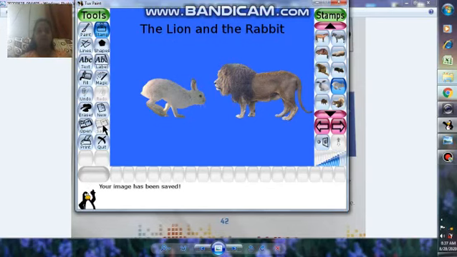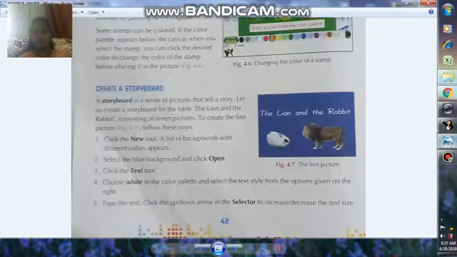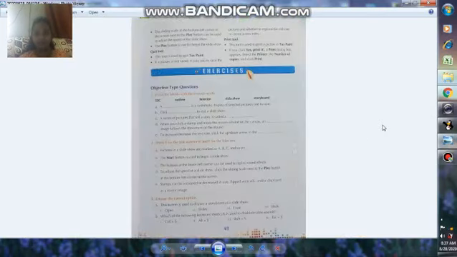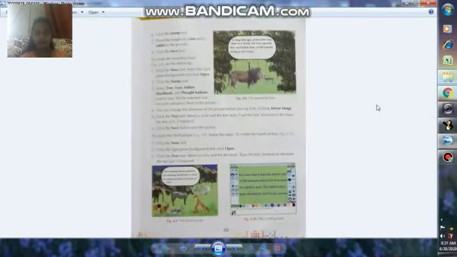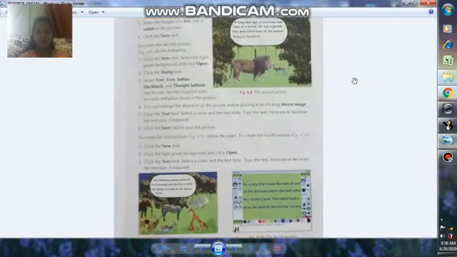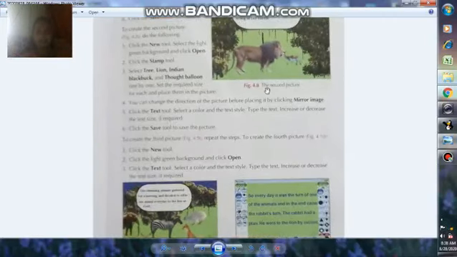Save. Now next we have to create the second picture. Which is the second picture here? See, in figure 4.8, the second picture is given.